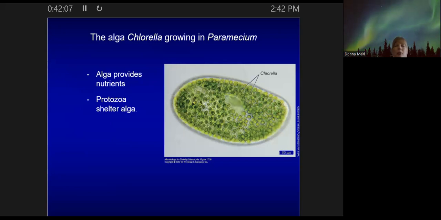Or protozoa, sorry, big protozoa. And then chlorella. And so you see the protozoa is jam-packed with chlorella. And you can see the green kind of gives you the hint that it's doing photosynthesis. So this protozoa is like, sure, I'll take in some chlorella because then they can do photosynthesis for me. I don't have to do it. And I get sugars, ATP, that they'll share with me. And so this is an